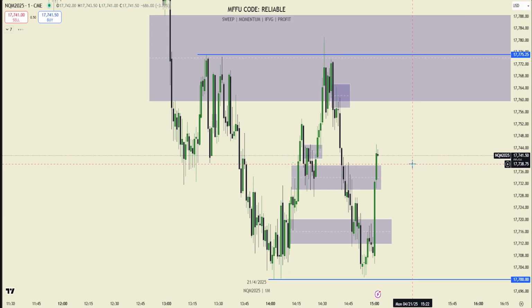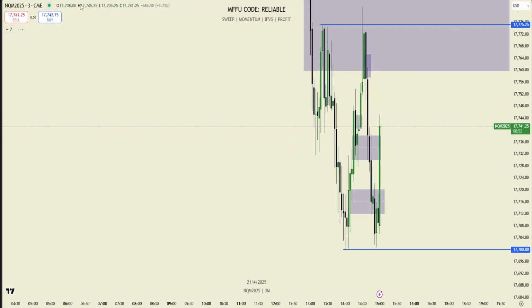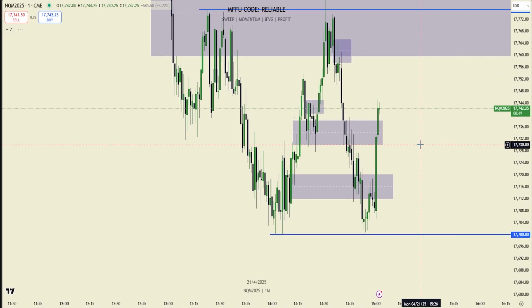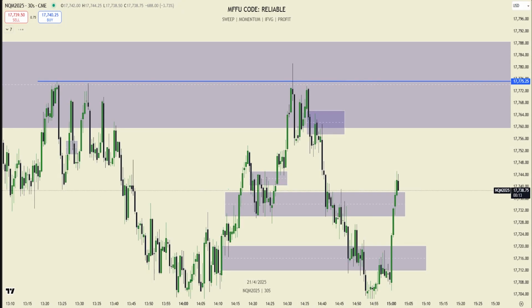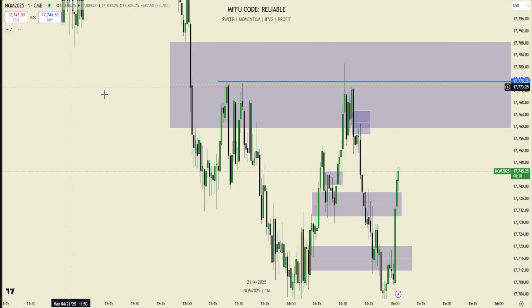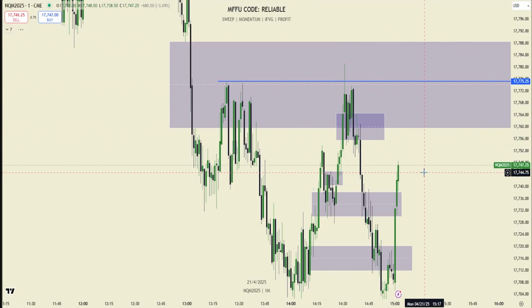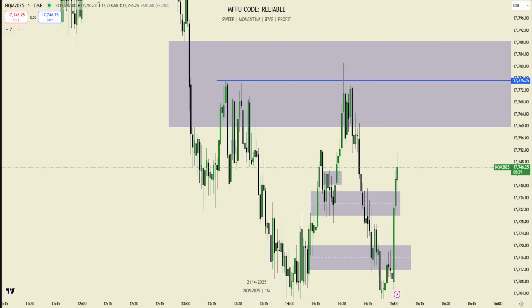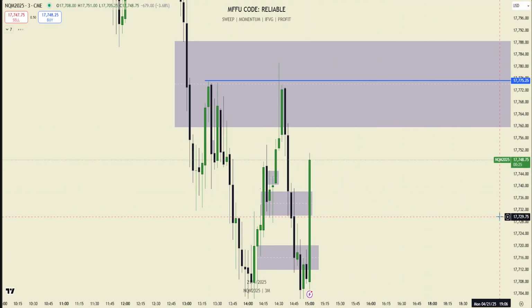Was there any IFG that we missed, actually, from this giant move? I mean... No, I think everything was a true break even. I think we played that as well as we could have. But yeah, no, I wouldn't say there was anything. Maybe the 1 minute short here. I think the 1 minute was very good. So maybe we just missed taking that. This momentum up is crazy, by the way. If we got the 5 minute or the 3 minute here, this would probably work to the high.